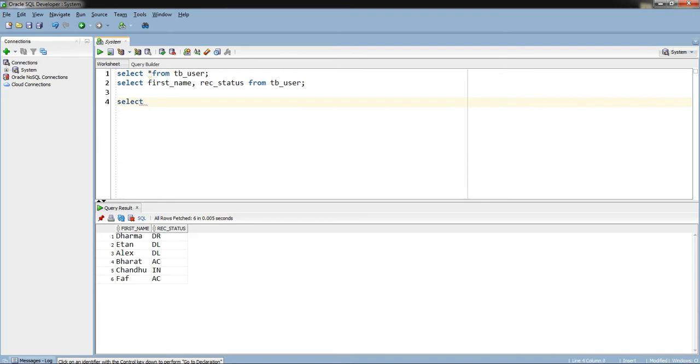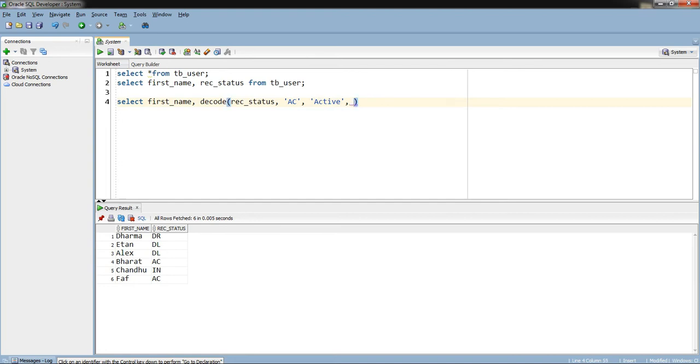Query: select first name, comma. Here I will write decode. So I will give rec status. This is the dynamic value which is coming from the table. If this matches AC, then I will return active.